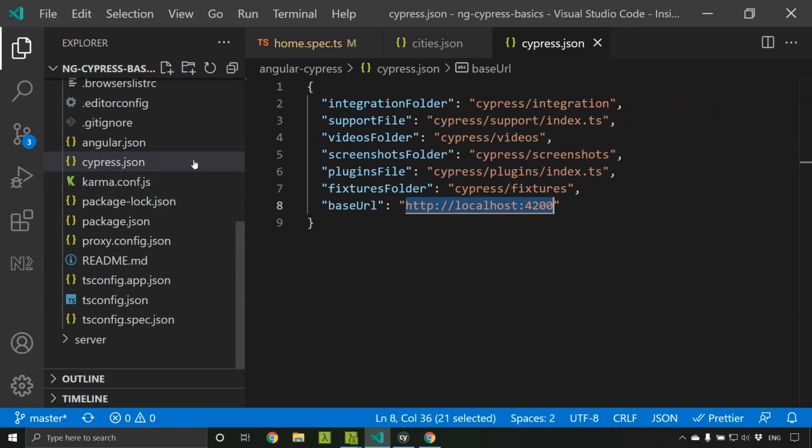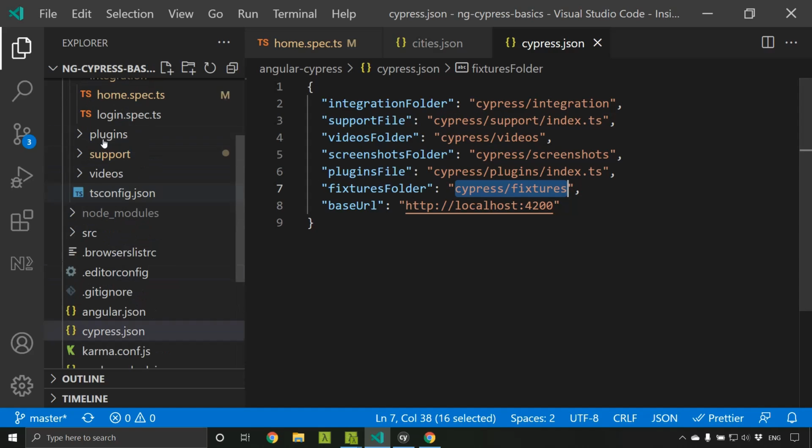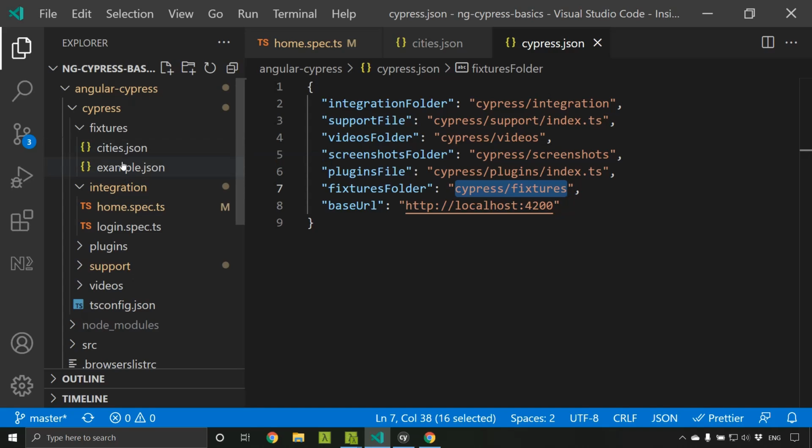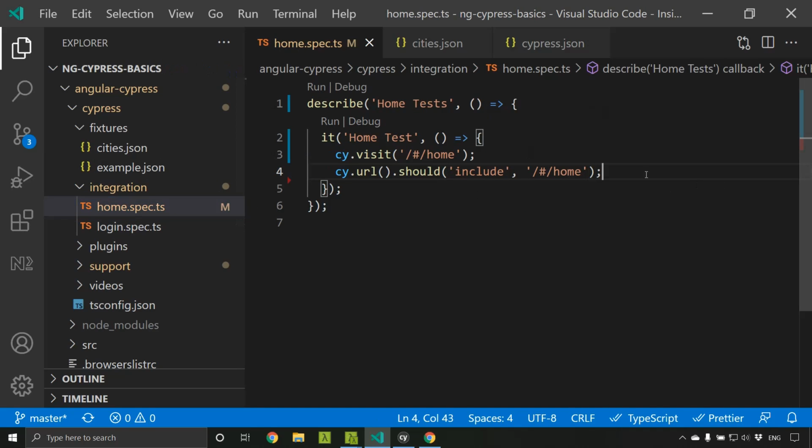Here in our cypress.json, we have given the fixtures folder, so that whatever we give inside the fixtures folder will be considered as mock data. So we can use this mock data within our home spec.